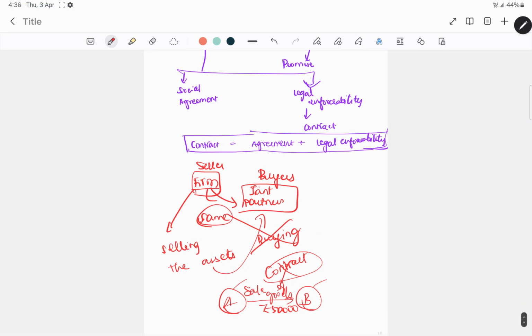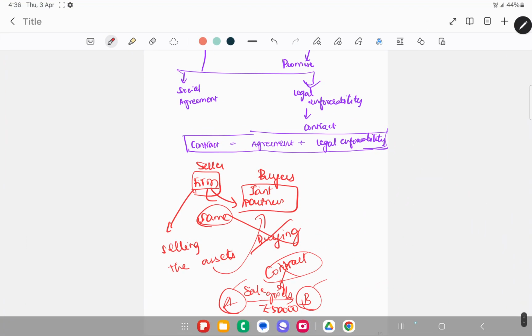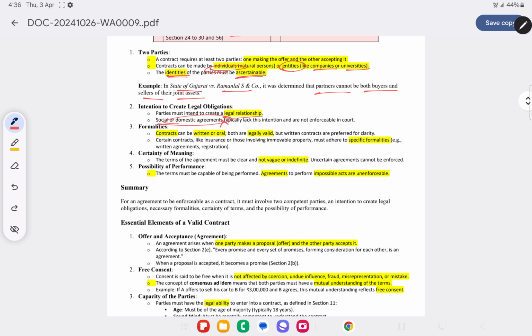For example, in yesterday's example, we saw there was a contract between Mr. A and Mr. A's father. In case he clears the CA exam, his father said he will be paying 50,000 to his son, which is again a social agreement. It is not an agreement which is legally enforceable. Legally enforceable means that if they don't comply with the terms and conditions of the contract, then you will be able to file a suit, that is, a case in a court of law, which is not possible in case of social or domestic agreements.